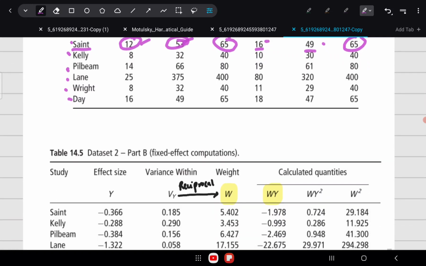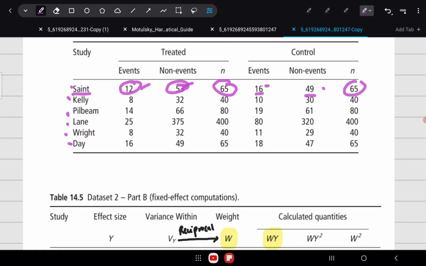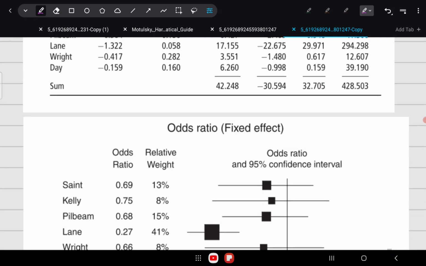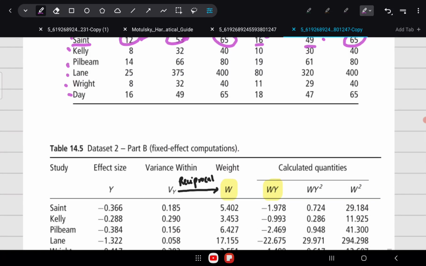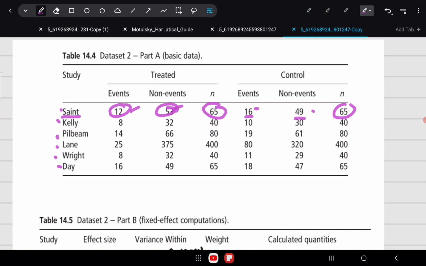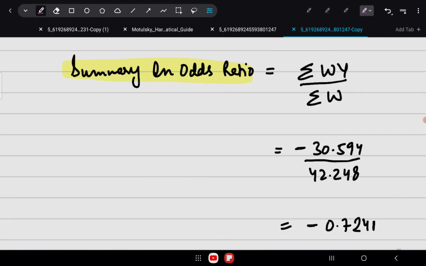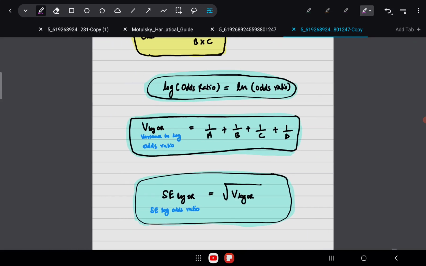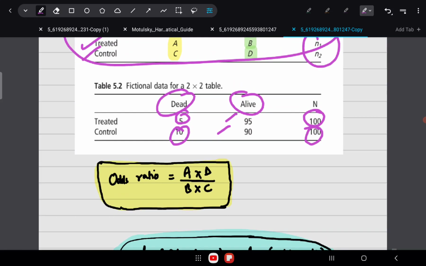So now the first step is always to compute a common effect size for all these studies. In this case we are choosing to compute the odds ratio, so we'll compute the odds ratio for the first study. I'll show you how to do that. This is the formula for odds ratio, which may be quite familiar.